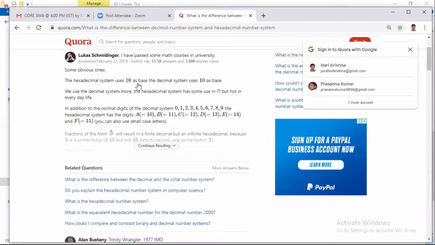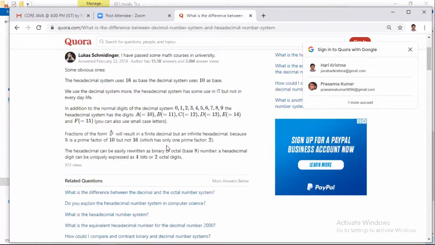Hexadecimal system uses 16 as a base. The decimal system uses 10 as a base. We use the decimal system more. The hexadecimal system has some use, but not in everyday life. Okay, now look at the decimal system. Also there the word, okay.